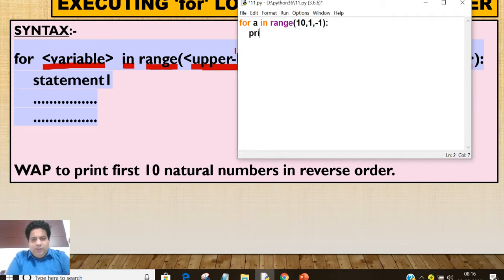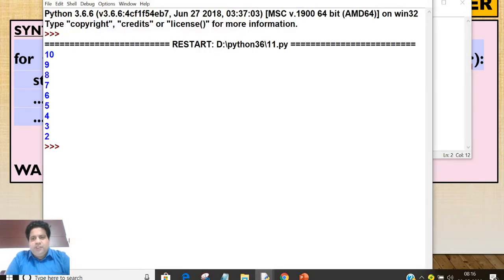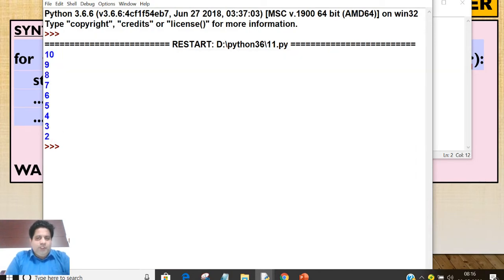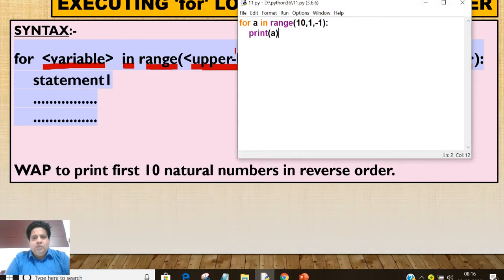Let's try this example. Now run the program. See what it is printing. See, here it is printing 10, 9, 8, 7 up to 2. 1 is not printing because the second limit you give is not included. So what should we give here? You give 0, then it will run up to 1.